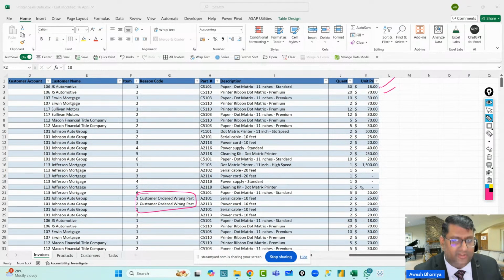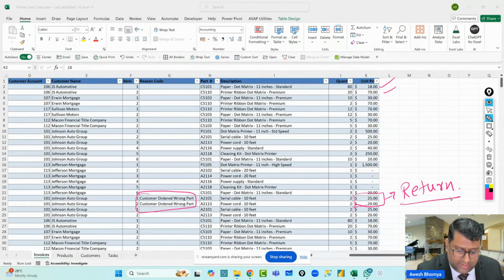And once the product is returned back to the business, this amount cannot be credited as a revenue amount. So this will be returned. Now, since this is returned, this has to become a -25 and a -20. And that is something we need to handle accordingly.